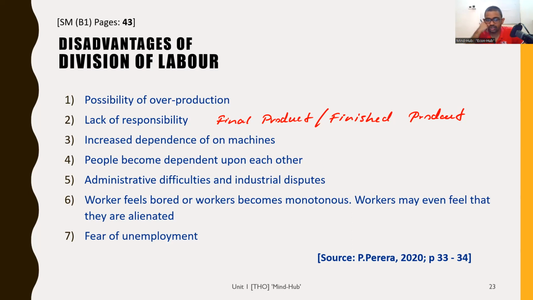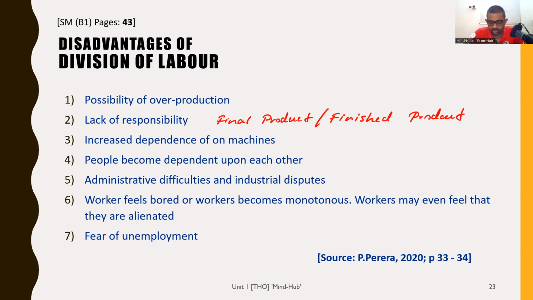Increased dependence on machines. Yes, with division of labor specialization, we will use more machines, but there's a risk of depending too much on machines also. If the machines break down or if the components run out. Now in Sri Lanka, we have that problem because we have this issue importing things, foreign currency shortage. There are many factories that have some of their machines abandoned, put to a side for 6 months because they can't bring the components. And when you have people who are very much specialized in using the machine and doing the task, they can't manually do the task. So the production gets interrupted.